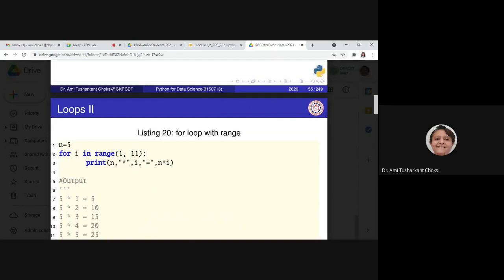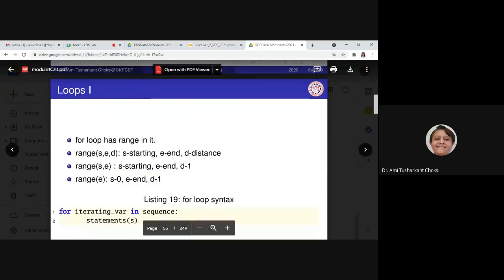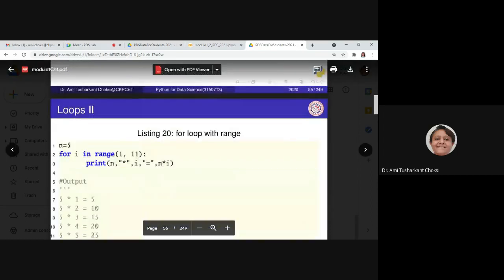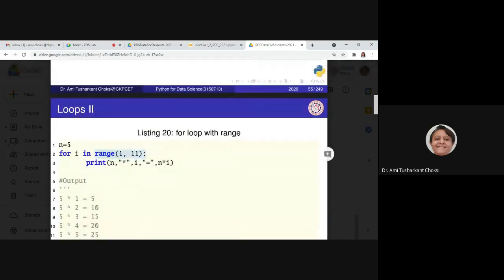to 11. Why 11? Because we know that whatever is the E, what we will be having is it as minus 1, right? Whatever is there, minus 1 will be there. What we have used here is only two parameters, right?